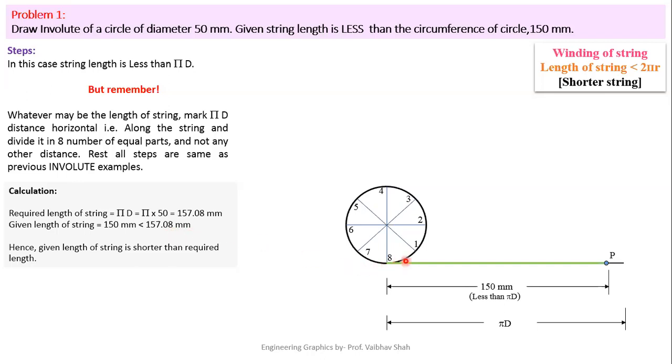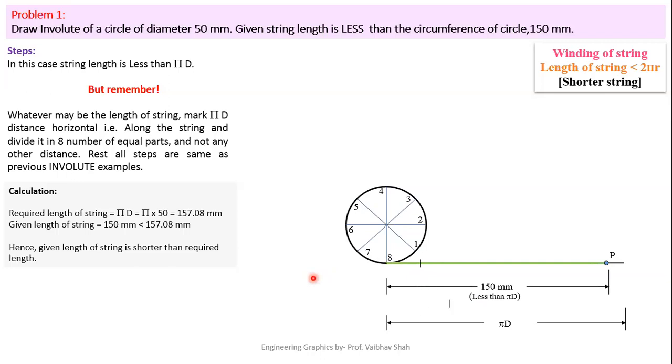Always remember, you are dividing the circular circumference into 8 equal parts. That means you must divide the equivalent length of the circumferential length, pi d, into 8 equal parts. So here we have this total length starting from this point until the end point of this black line. You have to divide this complete line into 8 equal parts. Why? Because it is exactly equal to your circumferential length. So we must always divide the circumferential length into 8 equal parts.